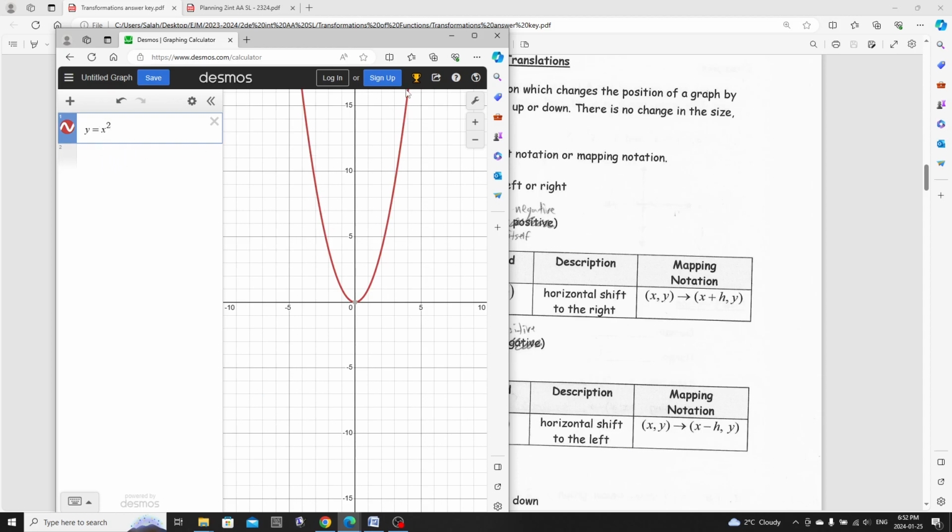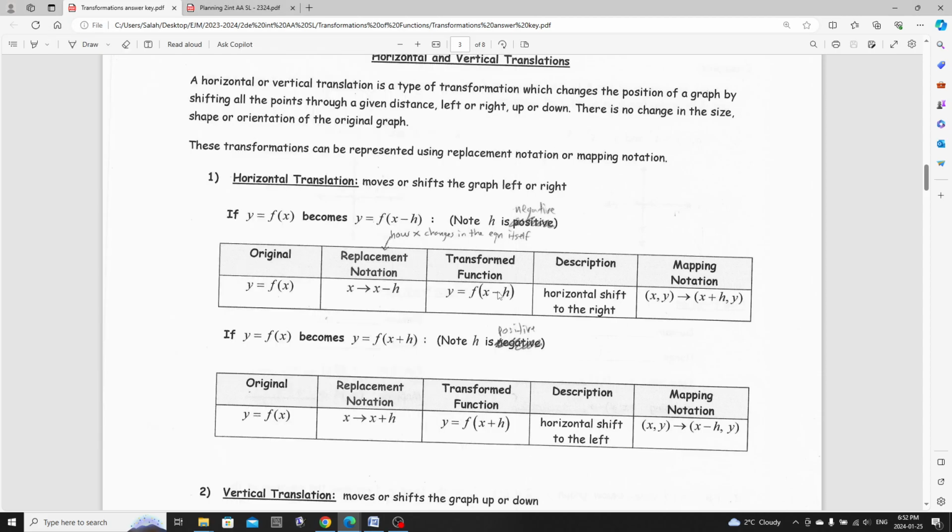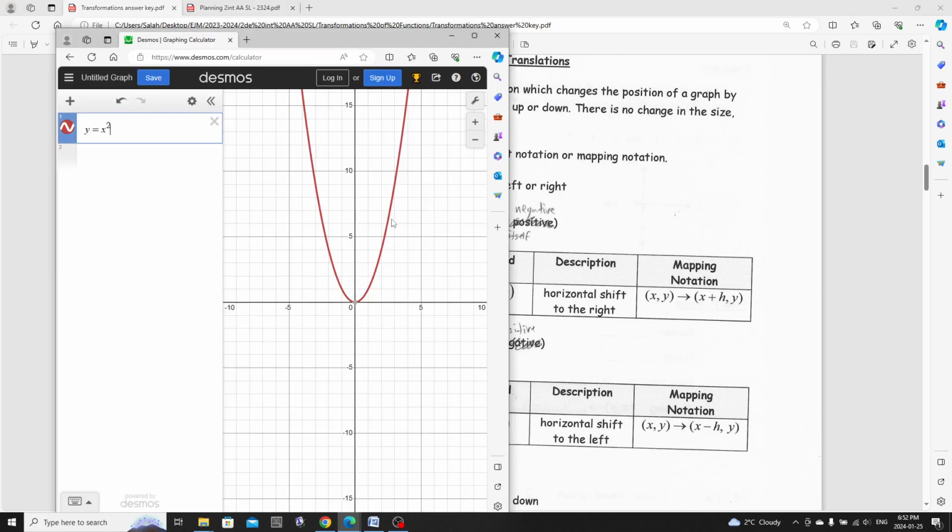Now, that's y equals x squared. Now, if I wanted to say, I don't know, this is shifting 3 units to the right, okay? Well, according to what we saw here, a shift to the right is going to be represented by x minus that number, the number of units that we're shifting to the right. So here if I said, well, I want to shift this guy 3 units to the right, then you have